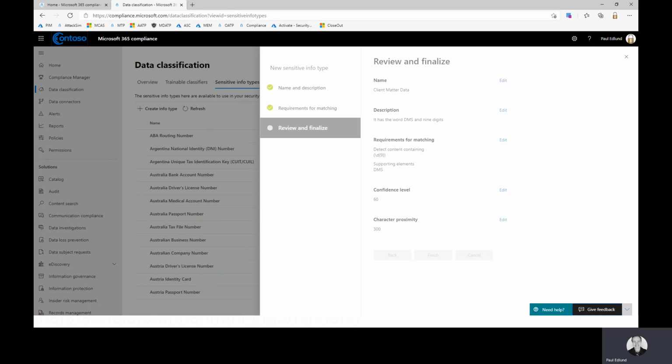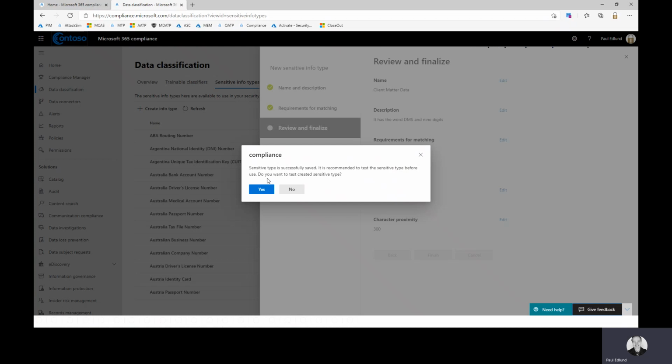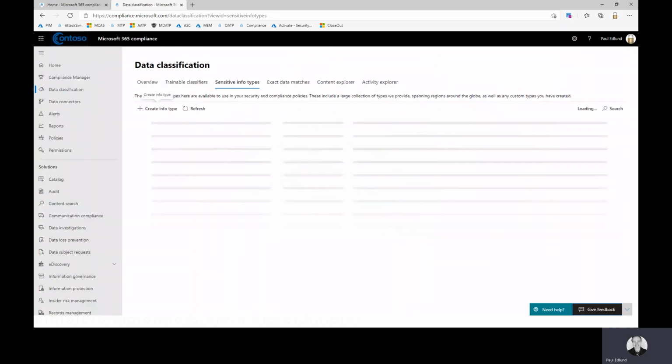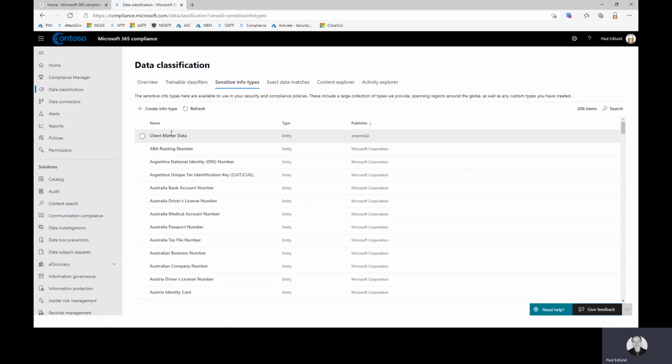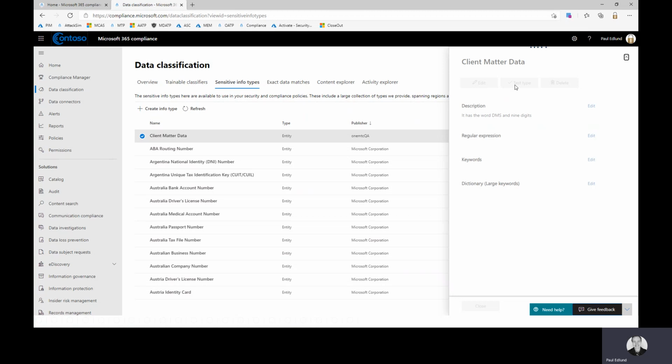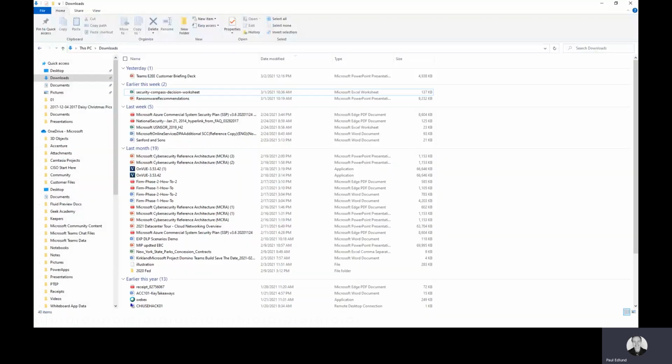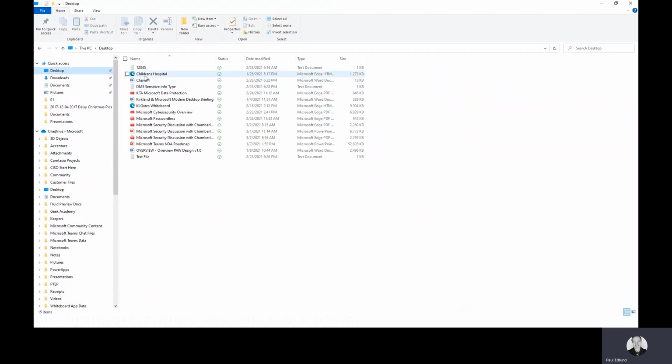And once this is done, what you'll notice is it says it was successfully created, and now what we can do is we can actually test it, which is kind of cool. So if we click on it, you will see this option that shows up that says test type. And I've got a file on my desktop that we can drag in, and I'm just going to show you what that looks like here. So we have this